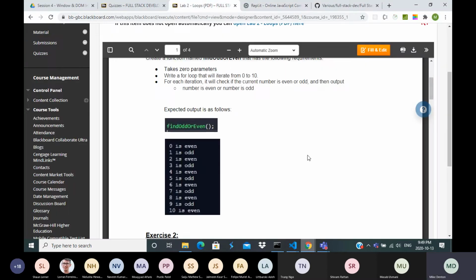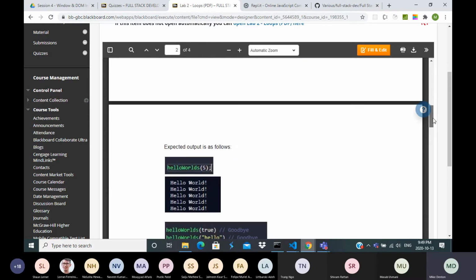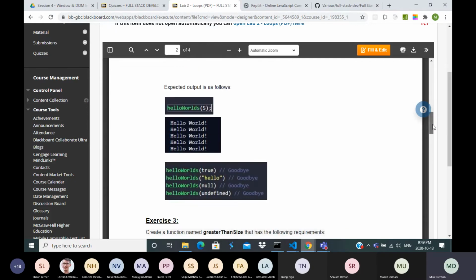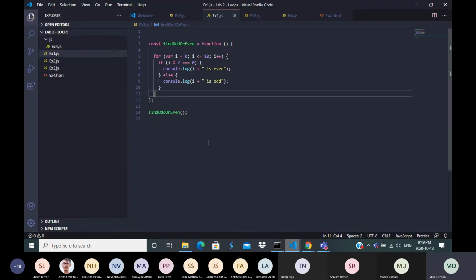All right, what was number 2? So number 2 was hello world, which takes a parameter number, and checks whether the parameter is a number or not. If it's a number, then say hello world, otherwise goodbye world. You may need to use a loop. So basically pass in 5, it does it that many times. True, hello, null, undefined. So this is where we got caught because I didn't want to show too much of